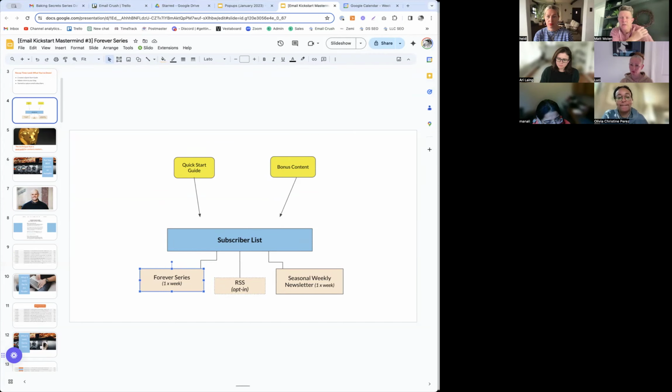Danae asked, what's a good number of recipes to send weekly in the Forever Series? And I happen to know Danae is in food. So specifically for food, generally speaking, roundups perform better than single recipes. This is generally speaking, not always. You saw what Sylvia did there with the fish tacos. But you could also do, it's Taco Tuesday, and then have your 5 or 10 favorite taco recipes.